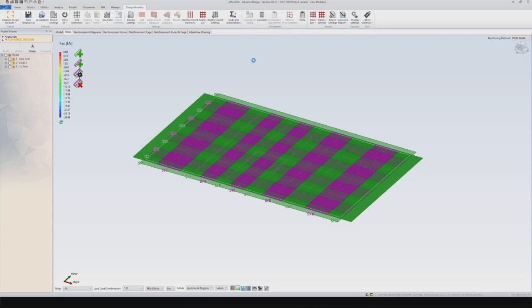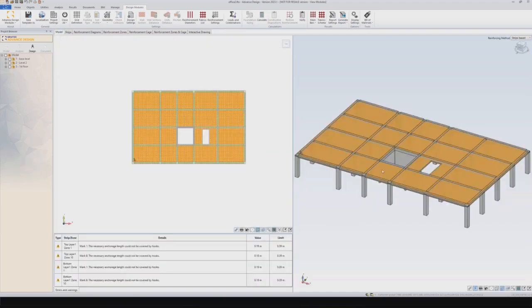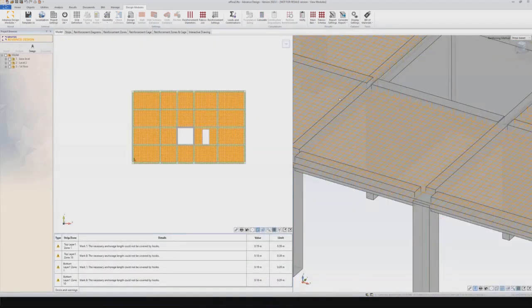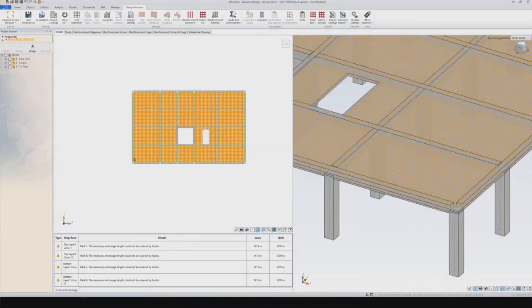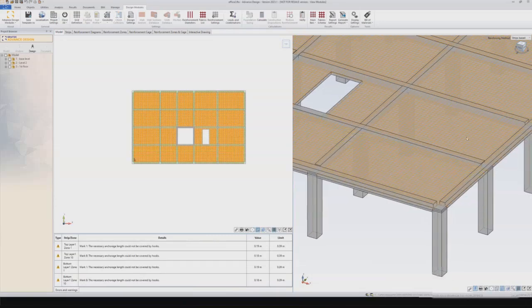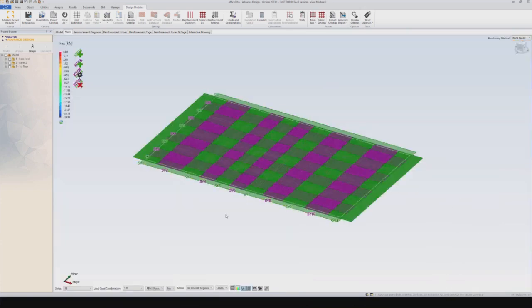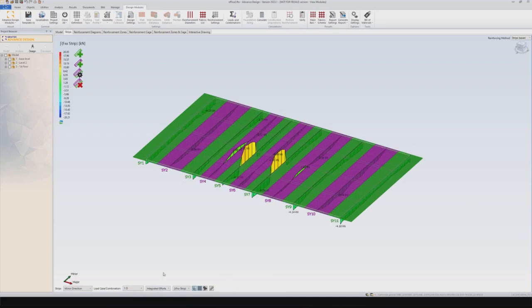Now, if I go back to my model, you will see that the rebars have been placed automatically for my slab here. So again, if you have some warnings or errors, it will show up here, so you can actually modify that. The other type of results that I can get here, for example, I can check my minor or major direction reinforcements. So for example, we can go here, and now I can actually select what type of